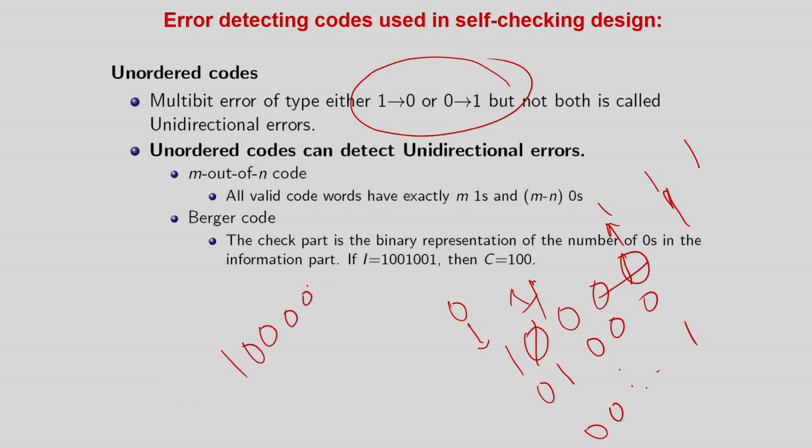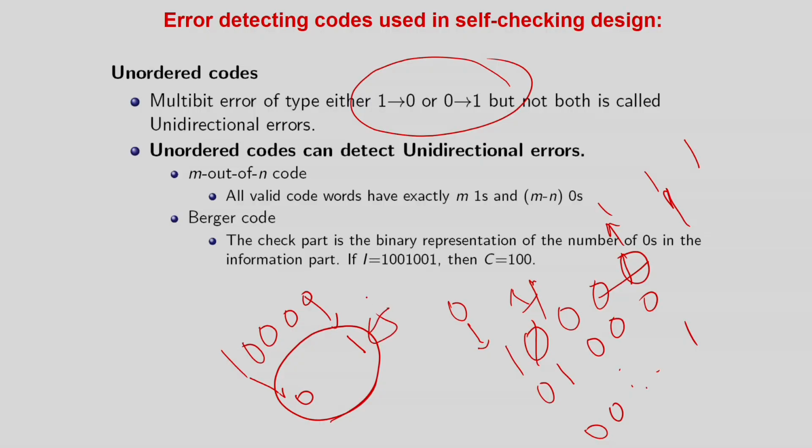If it is a bidirectional error, this one is going to become a 1 and this is going to become a 0. So this is another error vector, but it still follows the one-hot encoding. But the unidirectional assumption, that non-unidirectional errors are not going to happen, prohibits this. We are assuming that such errors, which change one bit from 0 to 1 and one bit from 1 to 0, are not going to happen.